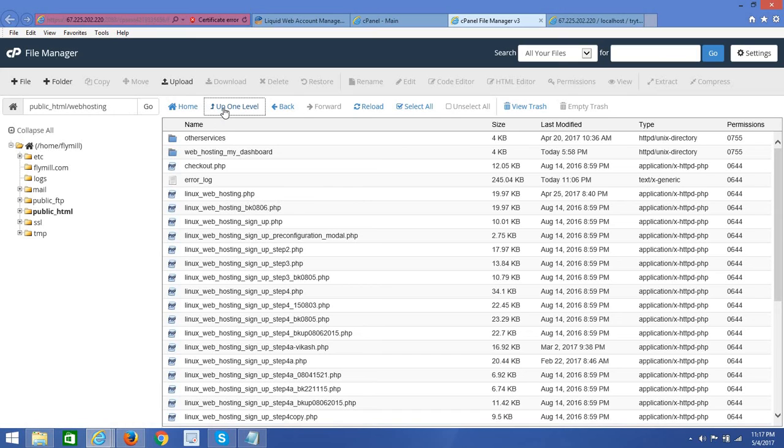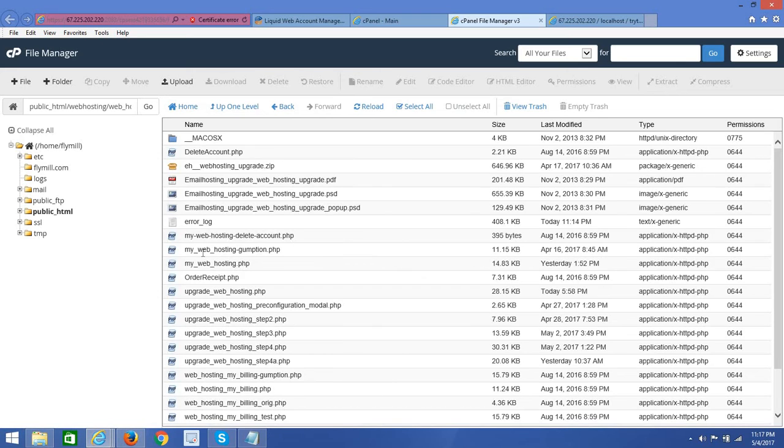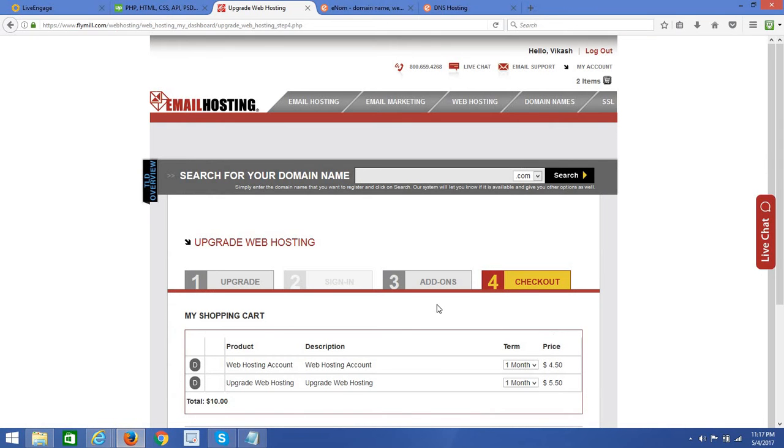So 6 files. You can see it clearly if you go under, well, not under other services, I meant web hosting, my dashboard. The upgrade files, they're right next to each other. So if you look over here, the upgrade web hosting pre-configuration, the web hosting step 2, step 3, step 4, and step 4a. So if you focus on 1, 2, 3, 4, 5, and 6 files, and if you check the code within these files, it should allow you to easily set up the purchase process, because the purchase process is essentially the same, besides the